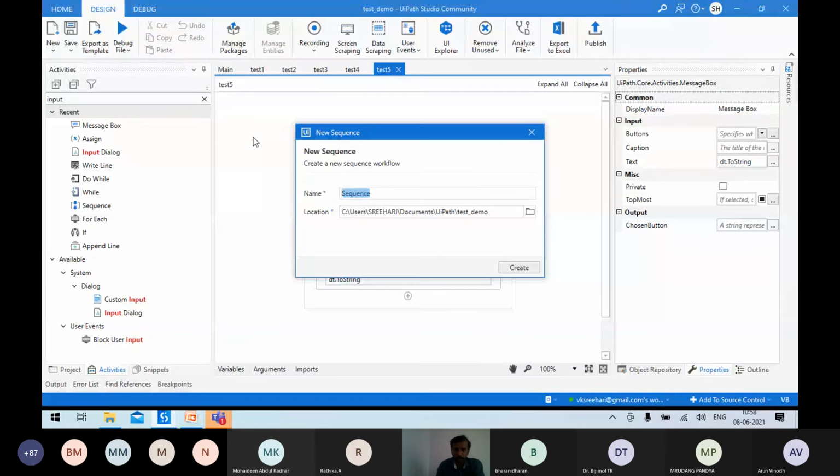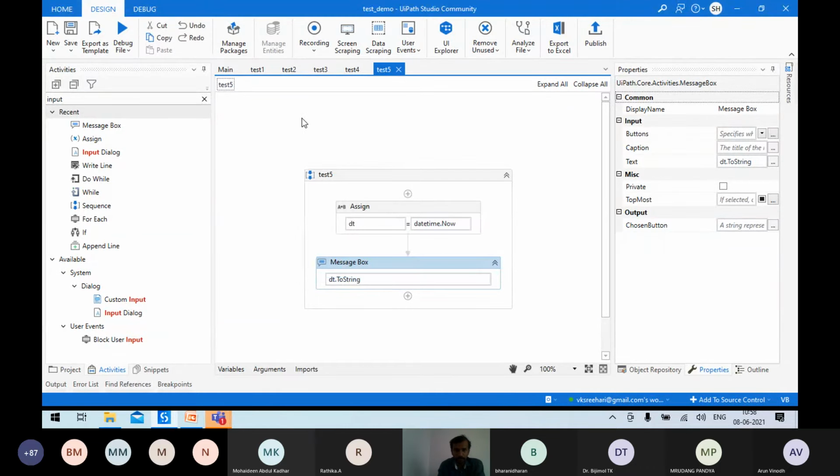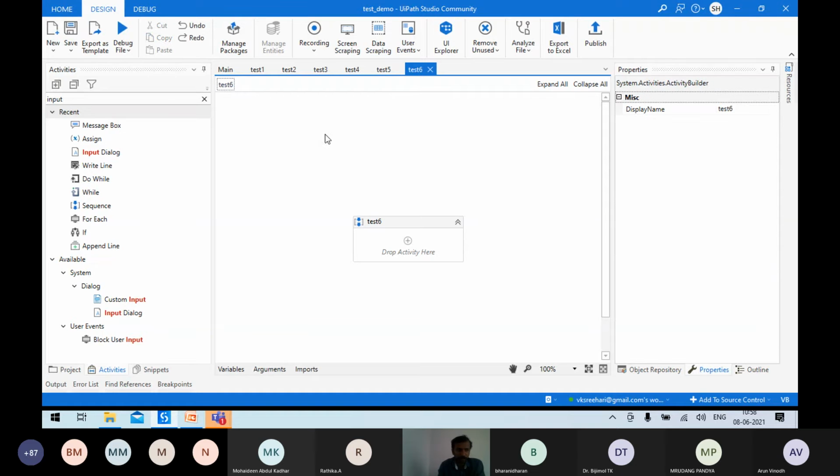I think at least some of you would have started doing these. You'll be happy to know that you are finding more speed in doing the activities. So we have to get two numbers as input.